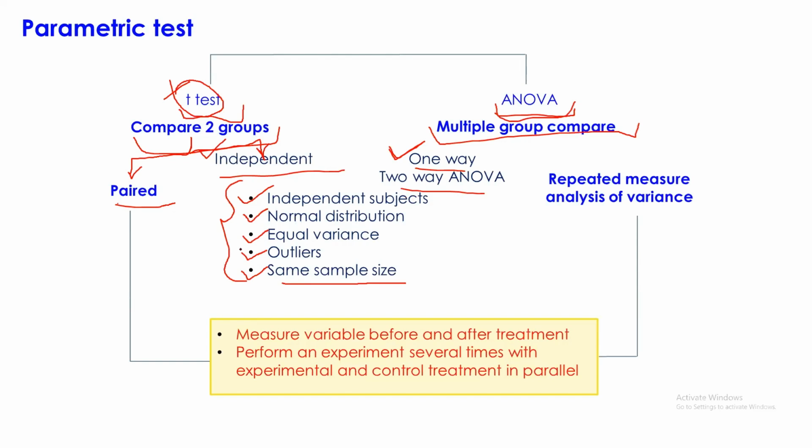However, there are certain conditions when you measure the variables before and after the treatment. It means that not between two groups, but the same group you are measuring before and after the treatment. In that case, your data is not independent anymore. Or sometimes you do the experiment several times, keeping the experiment and the control treatment in parallel. It means that you keep on taking the observations or the data points even while the experiment keeps running. In that case, the data does not qualify for the